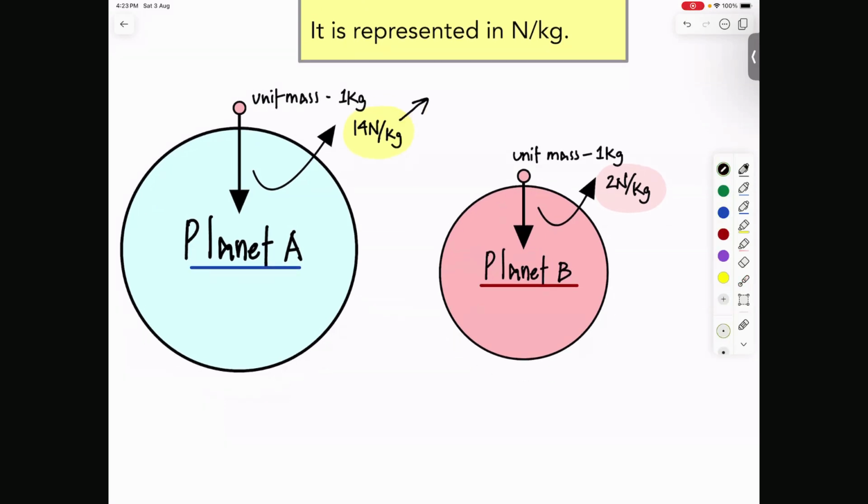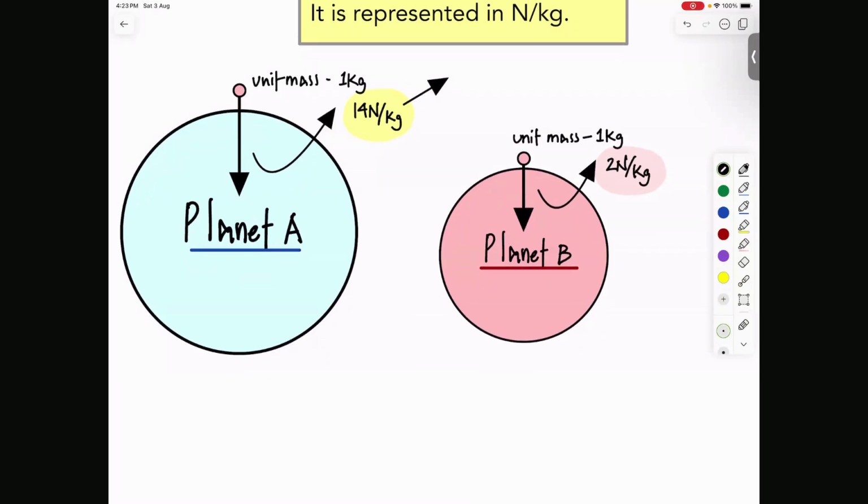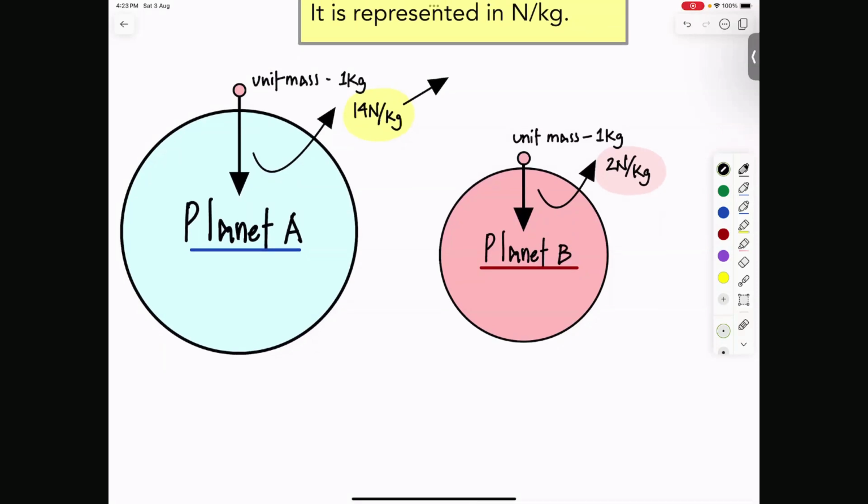And this quantity that you're seeing here right now, you have been doing this before. I built it up this way because I have to teach it again. I'm not really sure if everyone knows, but there's a name for this quantity: the amount of force exerted per unit mass. Do you guys remember what that was? It was there in your levels. The amount of force exerted per unit mass. Right, it is called